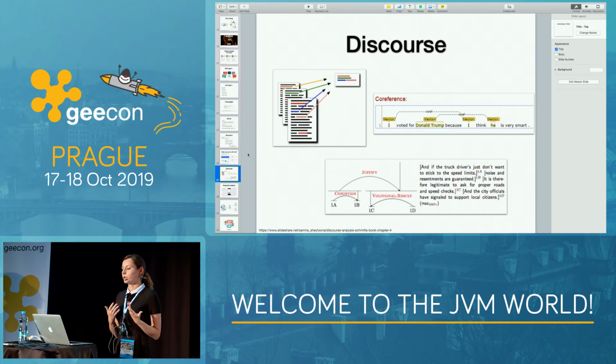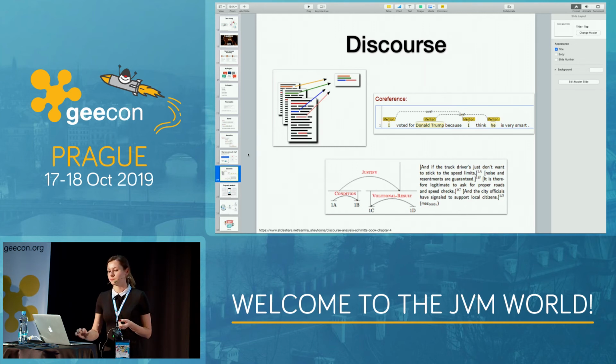For us, it's pretty clear that he means Donald Trump, but for an algorithm, for a computer, it's not. So discourse analysis tries to take all the text data, find the connections and try to summarize it.